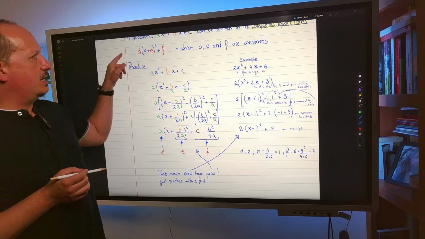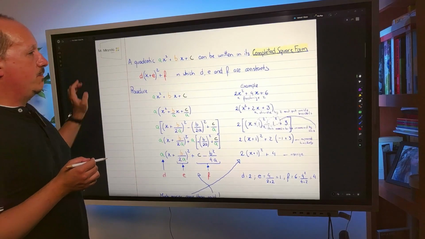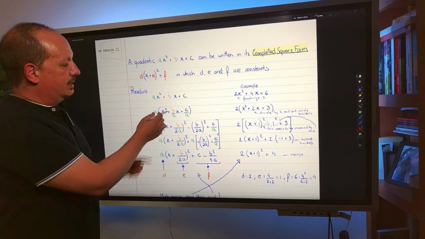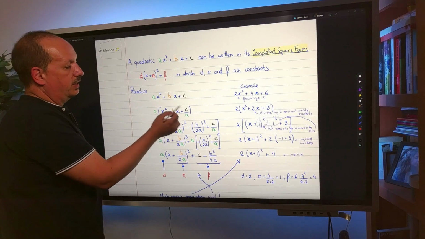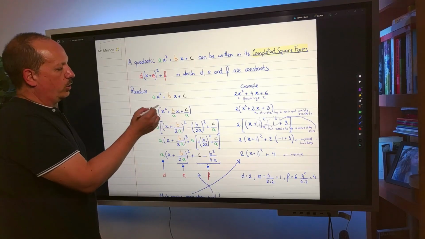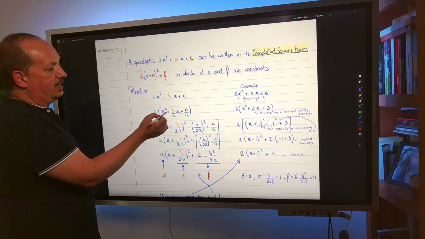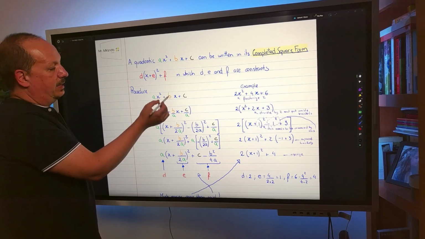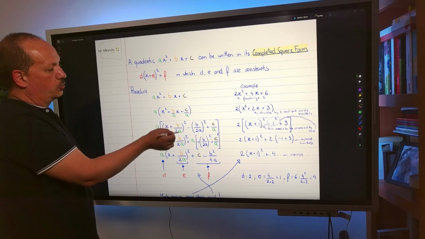So factorizing the a, putting everything else inside brackets, then doing the completed square form on the thing that you have inside, open brackets, x, whatever this is, and then whatever b is divided by 2, close bracket square,